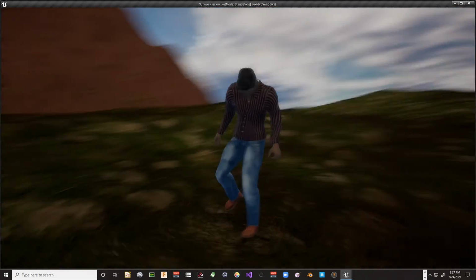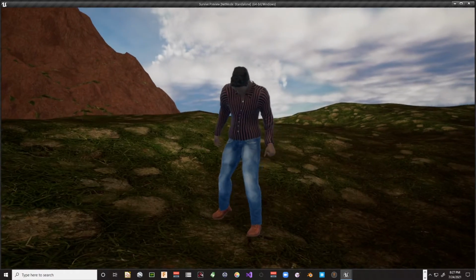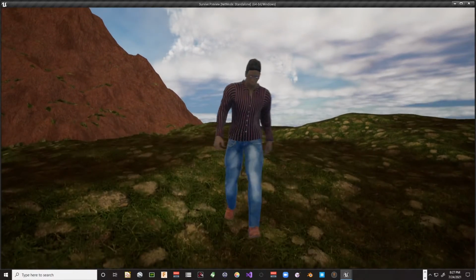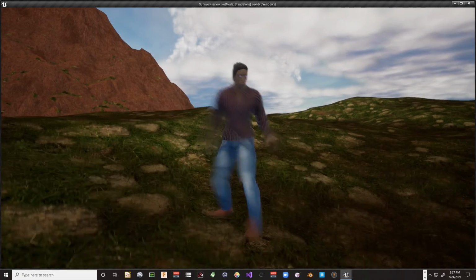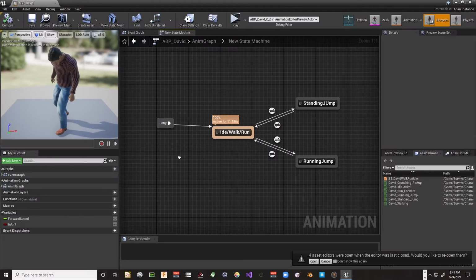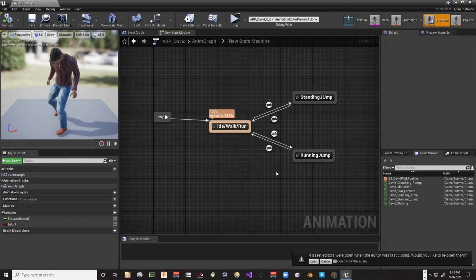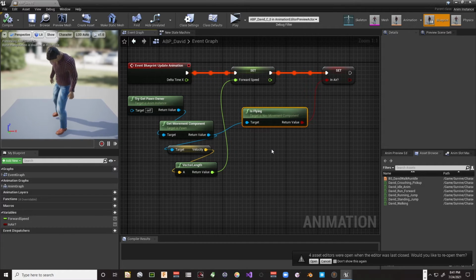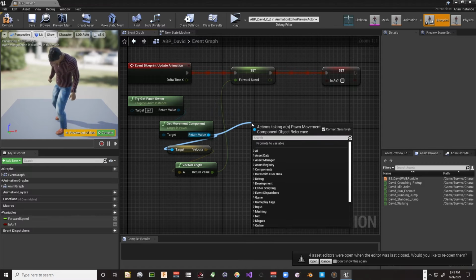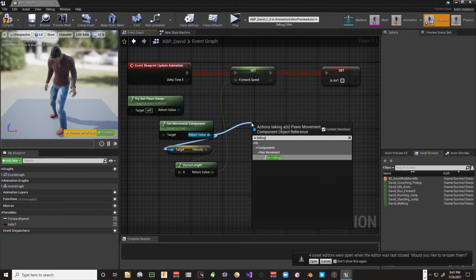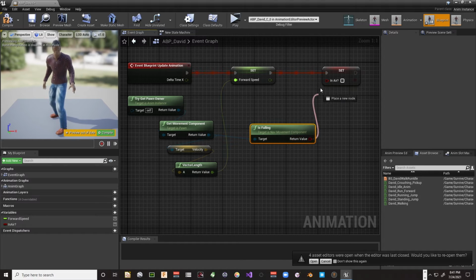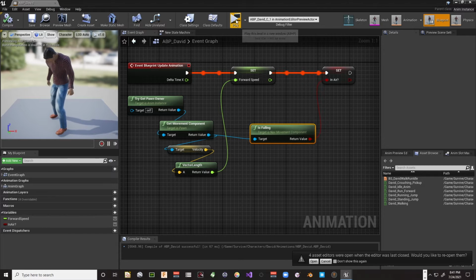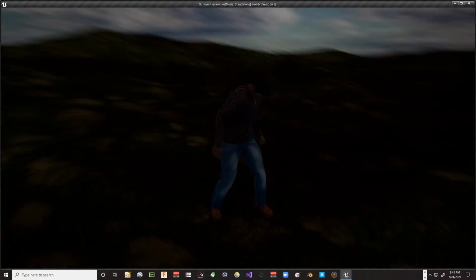So if we're standing and we jump, it doesn't seem to be playing the jumping animation. Why not? Okay, I'm back and I figured it out. Well, I did change the way this is arranged, but that's not the problem. The problem is right here, is flying. This should be is falling. And we'll plug that into in air, compile, save, hit play, and now